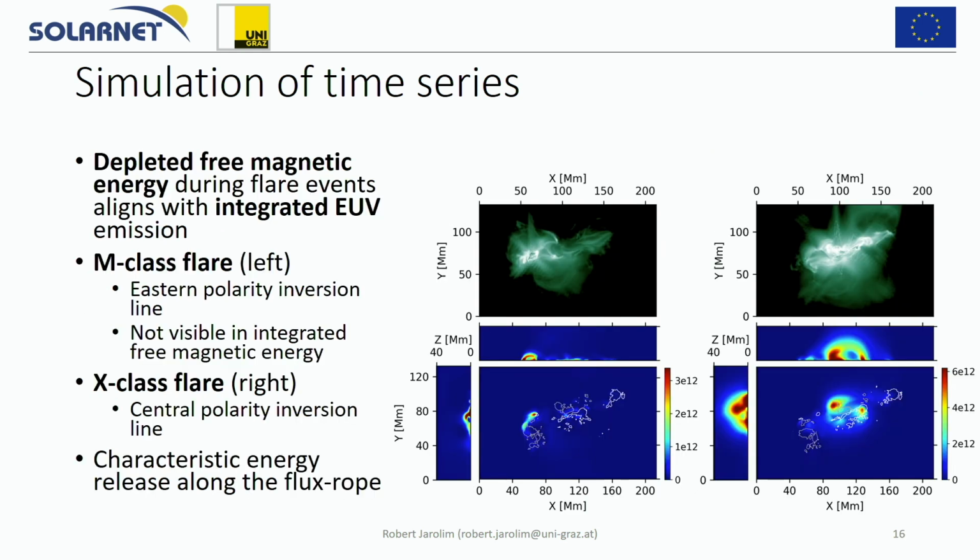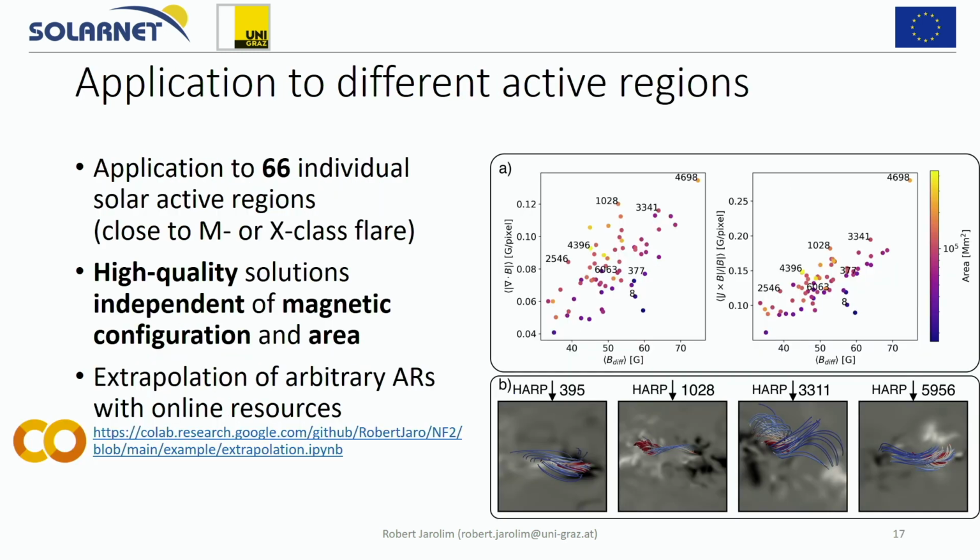And when we compare this to the actual X-class flare, which happens later, we can see that this one directly relates to the central polarity inversion line, where we have this huge amount of energy release in this series. So all of this was now applied to